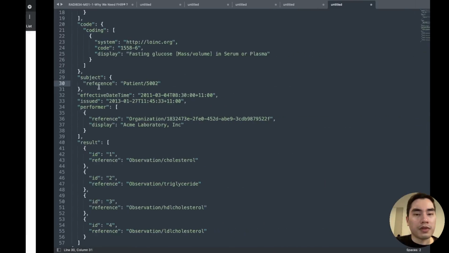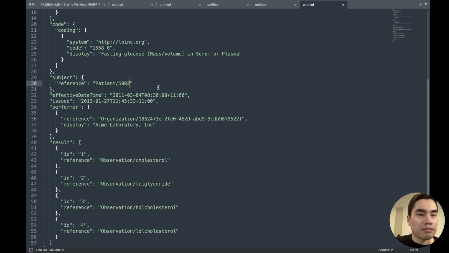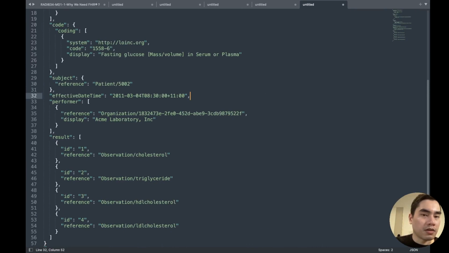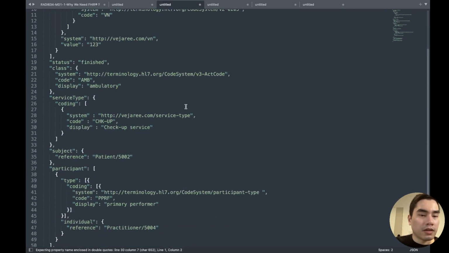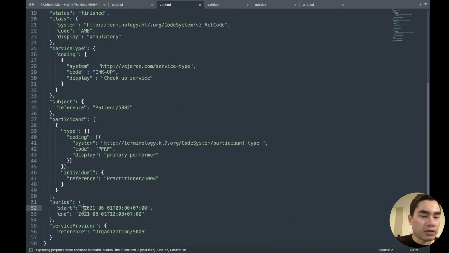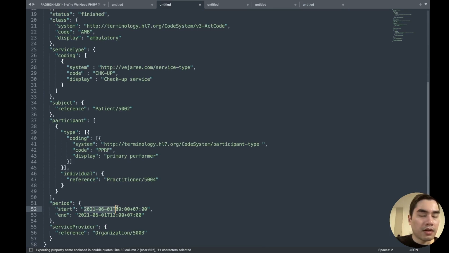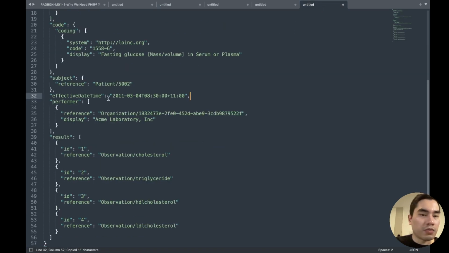I will choose date time because it is the day that the test was done, so it should be here. And this value actually should be pulled from the EMR.